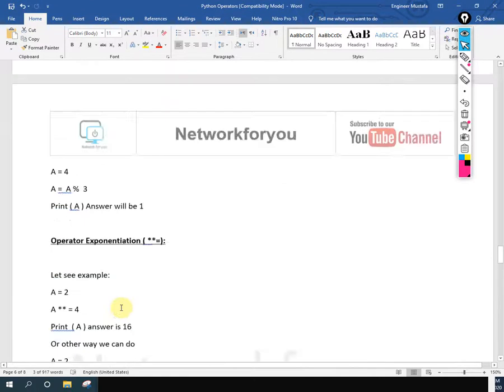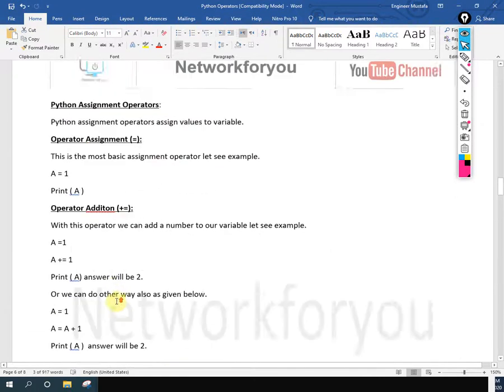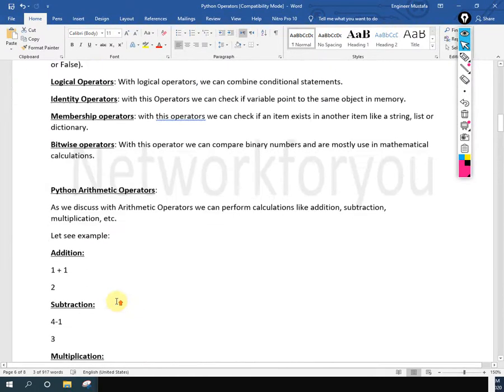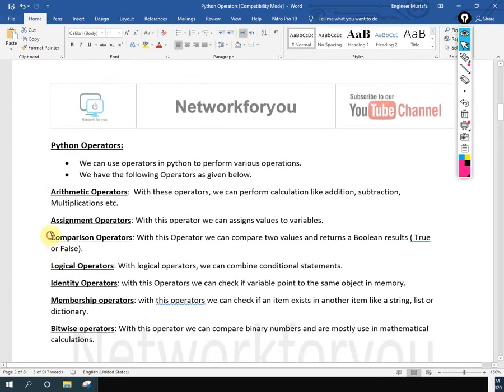In our next class we are going to learn the next operator. What is next? Let's see here. This one we finished. So in our next class we are going to learn logical operators. After that, bitwise operators, and I am going to show you how to install Visual Studio Code. After that we are going to see some more things, and then we will write a basic program to configure a router or switch.